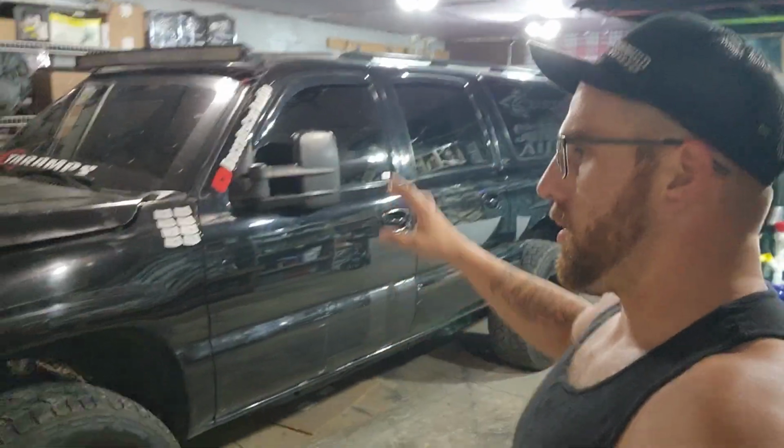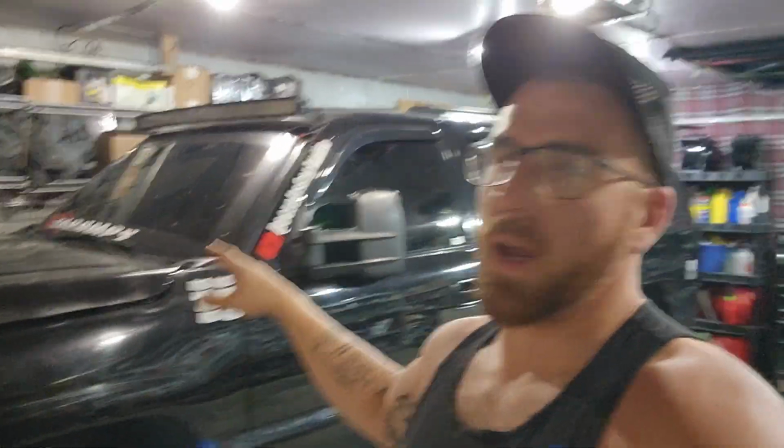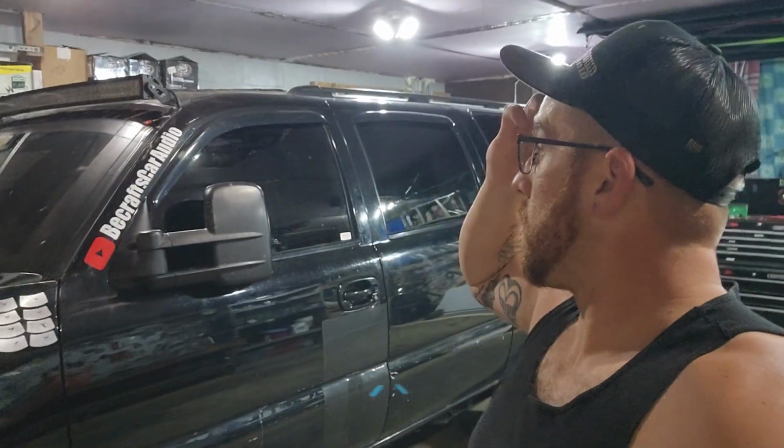But we got all the amps back in. That's one of the main reasons I took some time off. Every show I was going to, I was blowing at least one amp. So like 2 weekends in a row, we popped an amp. So it was just beginning to be a lot to try to record at the shows, deal with the amps popping and everything else. So, but when we were in Michigan,